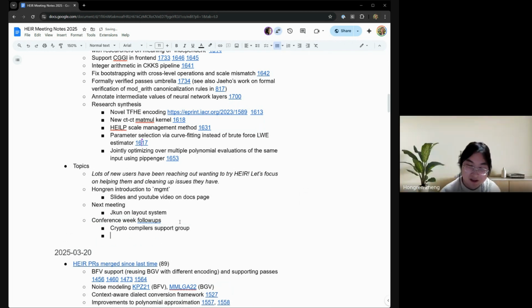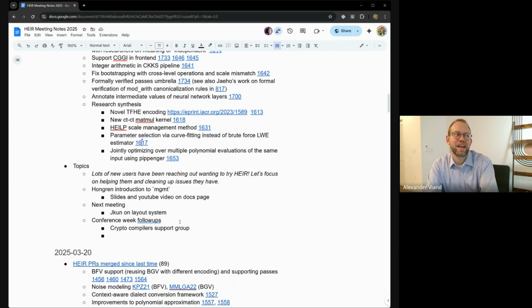Another question: I know there is a ZK OpenFHE that does the computation and generates a proof. Is that integration possible from HEIR? We also want a circuit that has a proof. Okay, so ZK OpenFHE was a student of mine. He's now a PhD at EPFL. That project is cute, but if you want to generate a good ZK proof on FHE computation, first of all, you have to do a bunch more crypto innovation. But also, the compiler part is probably not going to be the hard part. It's going to be actually finding a constraint system or a proof system that works.